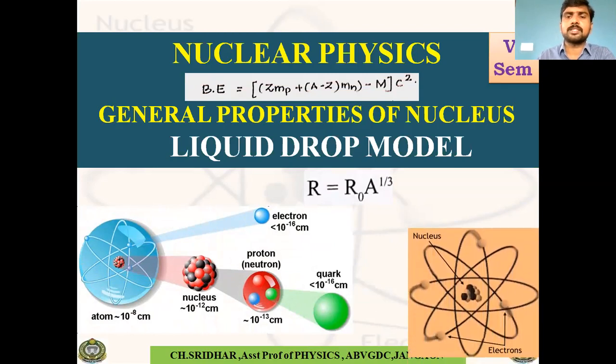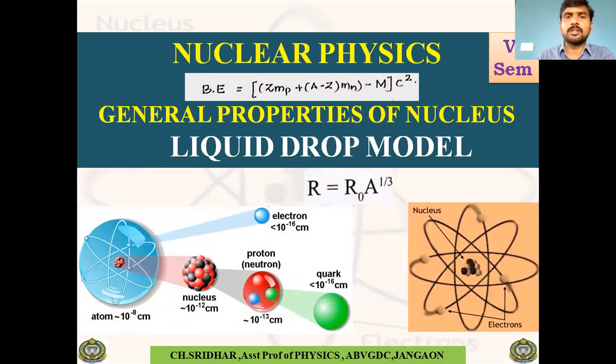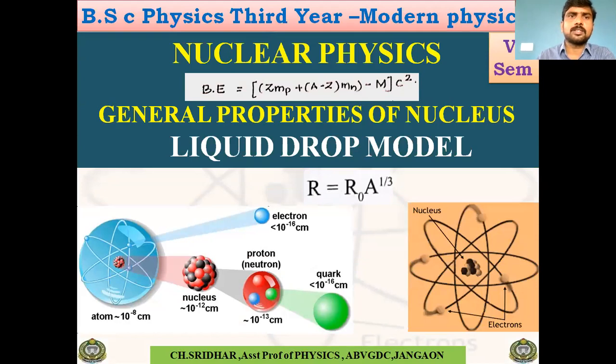And this picture depicts the structure of a nucleus or structure of an atom. So the nucleus is in the center, and around it the electrons are revolving in circular or more rather in elliptical orbits. So that is the model given by Bohr, and it was modified by Sommerfeld. So that is the atomic model which was given by Bohr. And this is in the third year BSc modern physics paper.